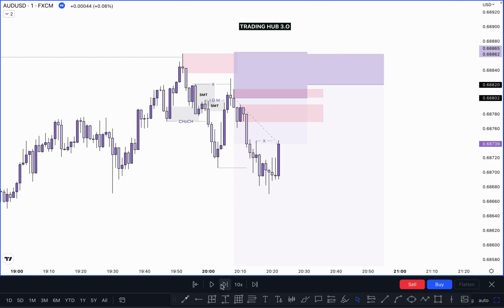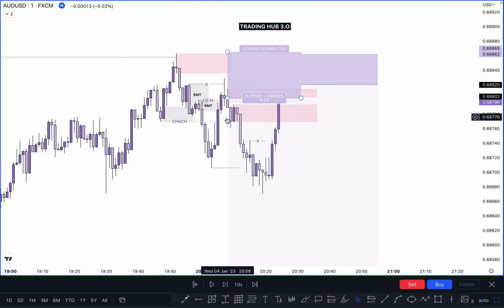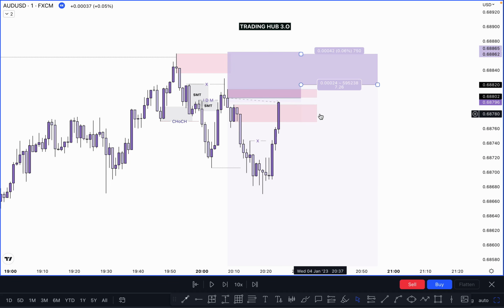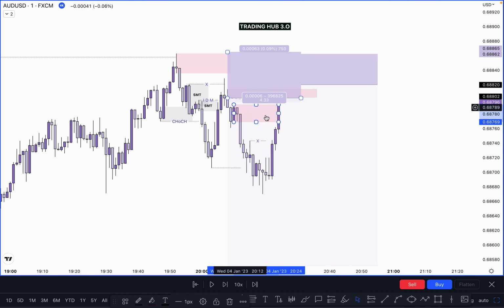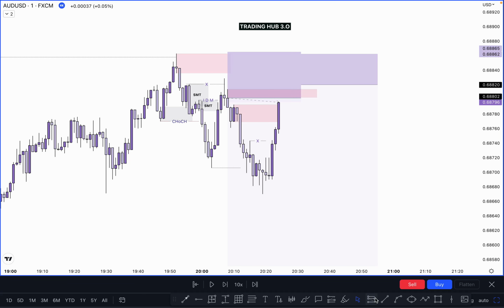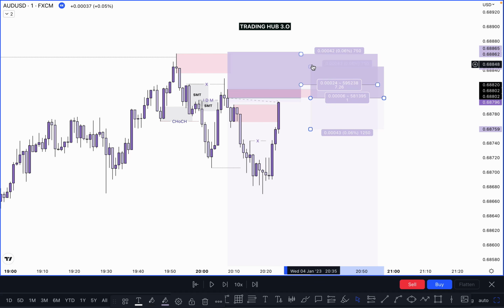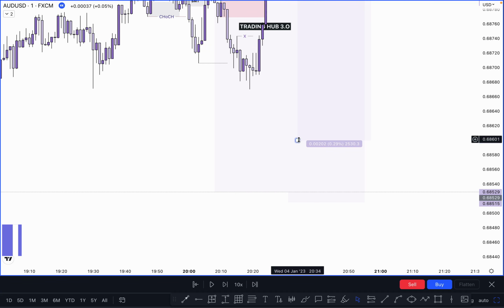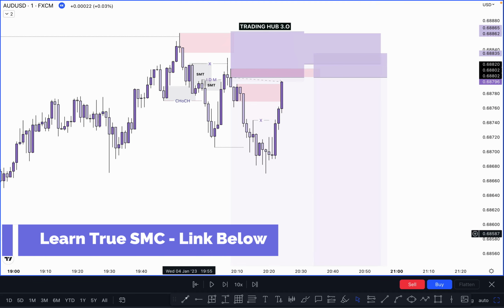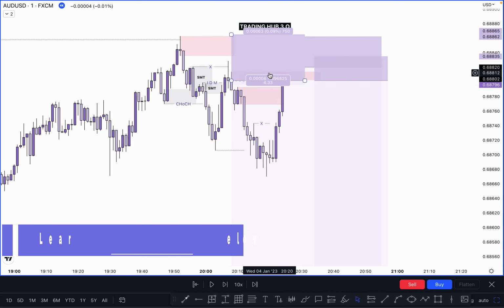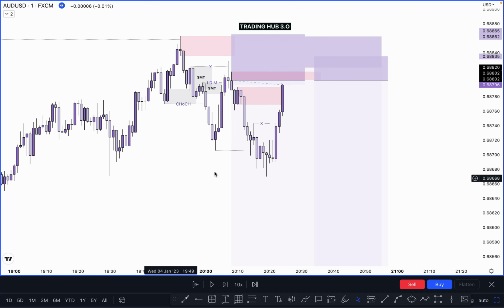Okay, market took out the inducement. All right, so you can say market tapped here, but did not create any type of single candle order block. Market continued going higher high. So in this case, you can take another entry here and put the stop loss just above it, and target is similar, because the previous major low is here, right? So this one is a first entry, and this one is a direct entry. You can say risk entry, whatever you call it.